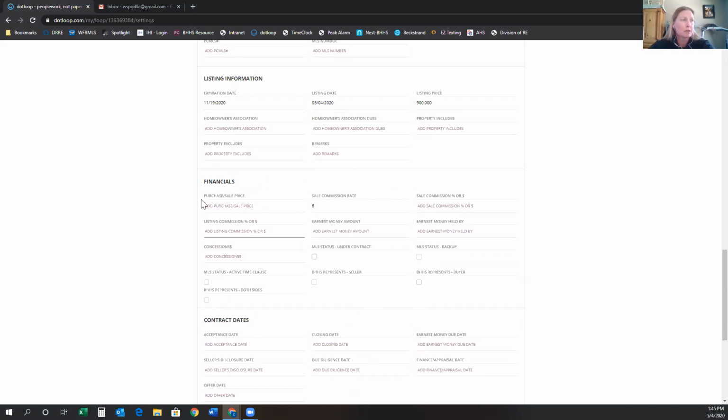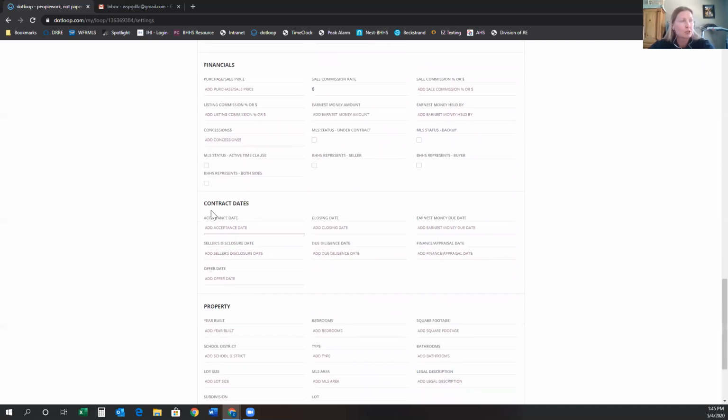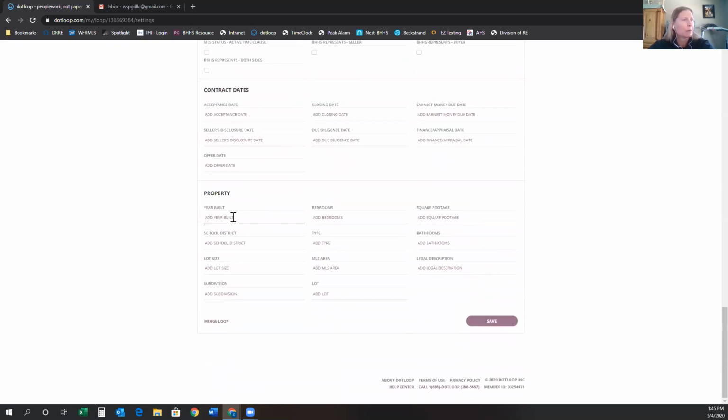This details part is the financial stuff. Once this goes under contract, you want to come in here and fill this part out because that's going to be the contract information, as well as this. This is also information about your contract. It's got all of your dates in it. And then the property